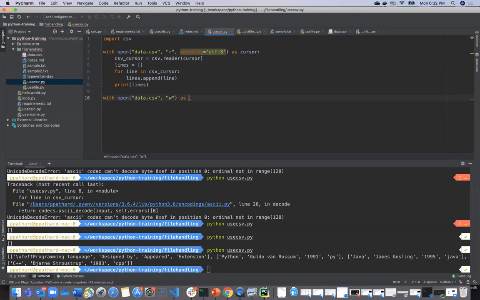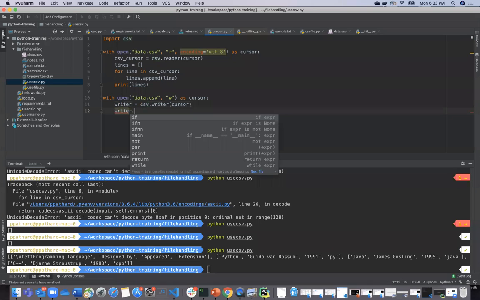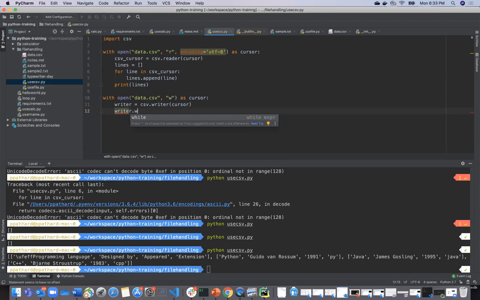I'm going to use csv.writer, pass this file object to it, and store it in a writer variable. So writer dot writerow.